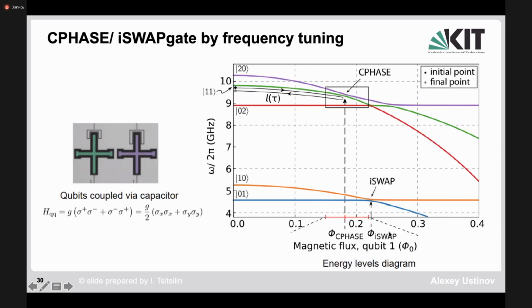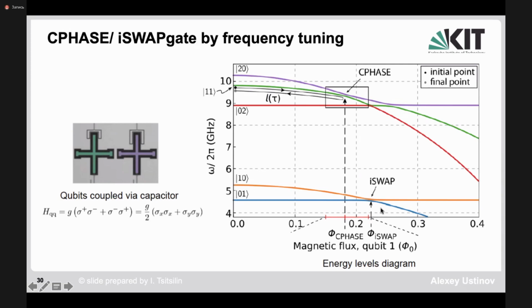qubit levels when the qubits are tuned between different points. So here, the frequency of the second qubit is fixed, and the state 0, 1 is having the frequency of about 4.6 gigahertz. Now the qubit, this is second qubit. The first qubit, when excited into its excited state, can be tuned then in frequency by